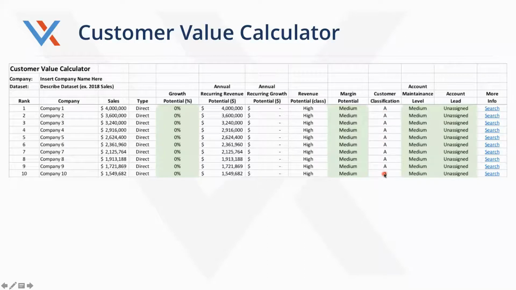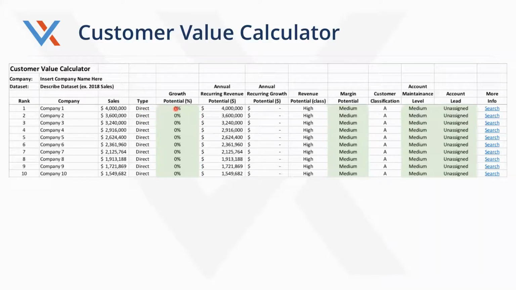There's only A's on this because I've got some parameters set that are going to set it to that. But the exercise is really to go through and categorize the type of business. Oftentimes we'll use direct, sold through dealer, distributor, depending on what your e-commerce, depending on what your channels are. We like to capture that as we go through this exercise.